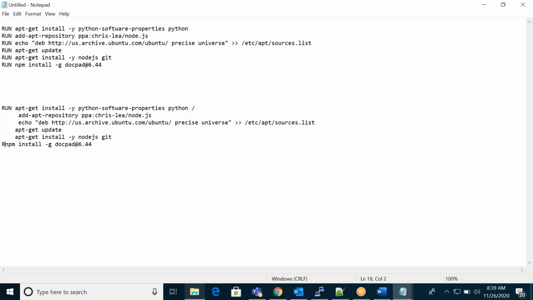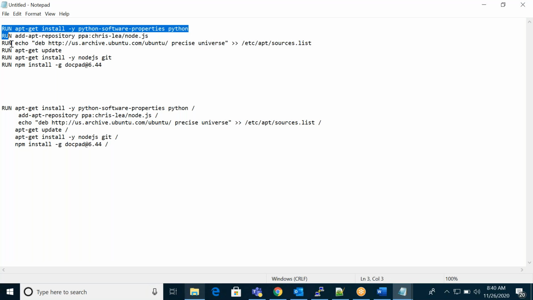For the same instruction, if you want to repeat multiple things, you can mention them like this, in one command.